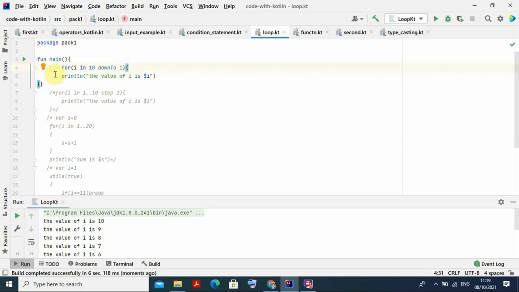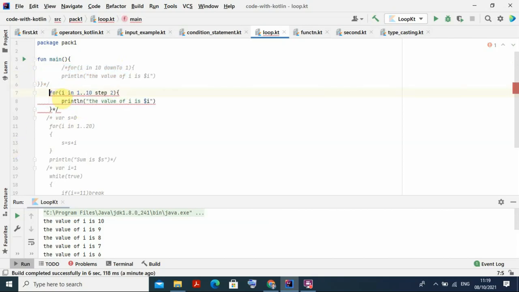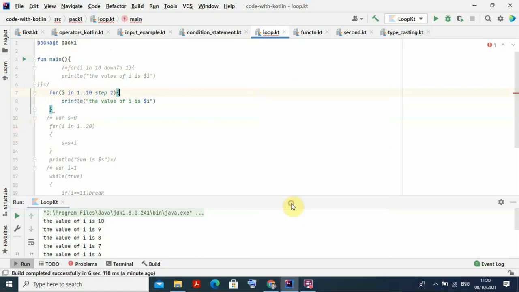Similarly, I put this part under comment with control shift, and now I am going for a step of 2, increasing with a step of 2. I started the main function here, and I remove this one back. So now it's fine. It starts with i equal to this, and everything is there, right? Control S, and try to run this program. What will the output be? The range is 1 to 10. With a step of 2, the first number will be 1, then 3, and so on. So go and run this loop.